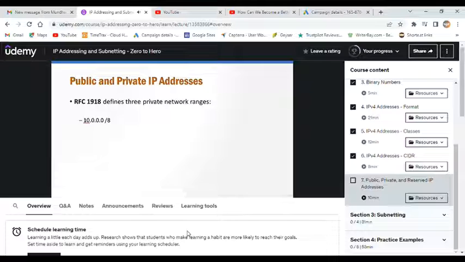10.0.0.0/8. Of course, we've learned in the previous lessons what this means. So pretty much all of the addresses that start with 10, or which have 10 in their first octet, are part of one of these 3 private network ranges defined in this RFC. The next one is